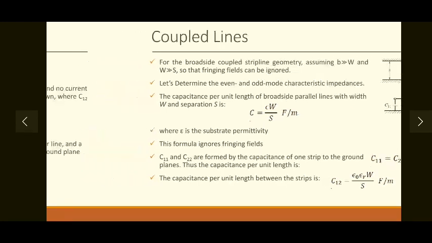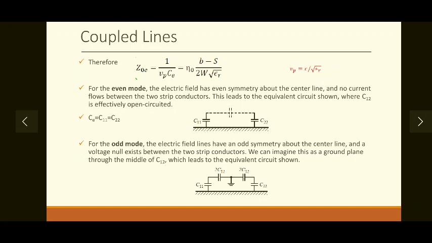So let's see how this impacts our characteristic impedance. Characteristic impedance has to be considered for even and odd mode. So for the even mode, characteristic impedance is given by Z0E, E stands for even. It is given by 1 upon Vp, that is phase velocity, into C. This is the general formula. C is a capacitance per unit length in the even mode. Now it can be given by eta 0 into B minus S divided by 2W into epsilon r. Derivation we are not interested in right now. Phase velocity is given by our general formula, speed of light divided by square root of epsilon r.